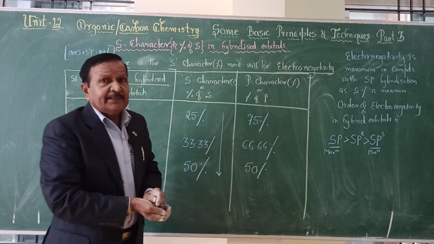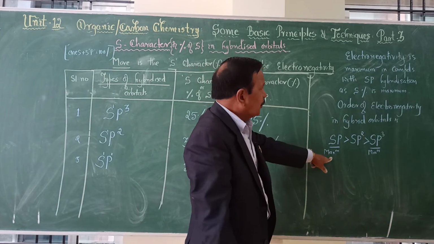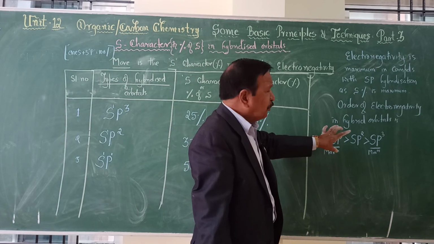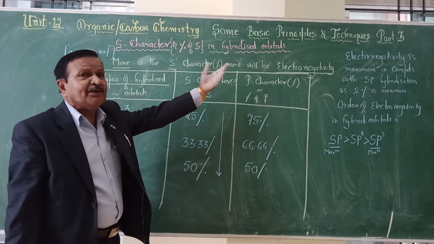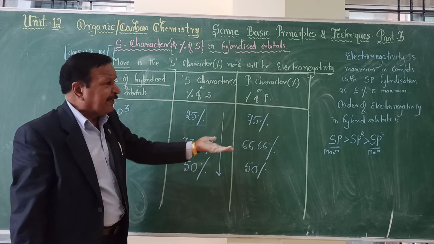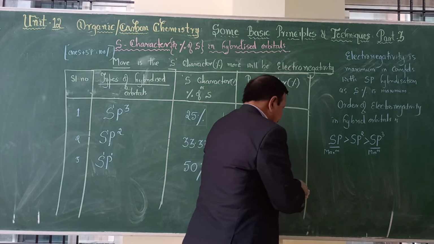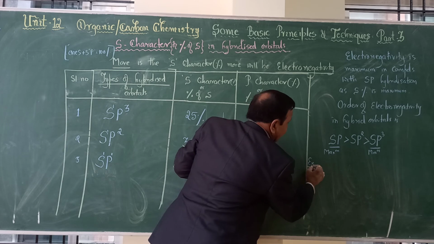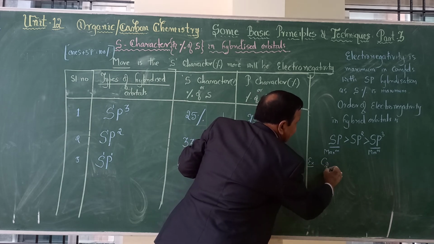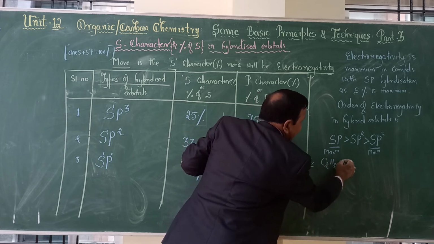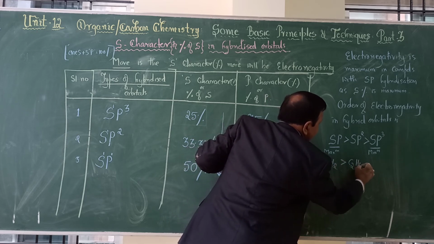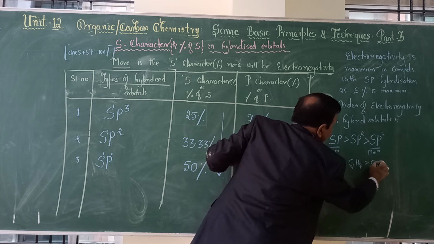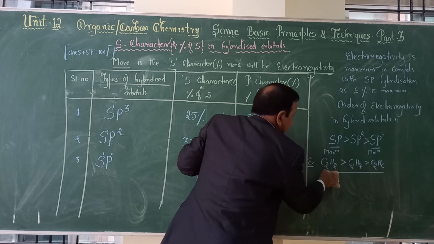Electronegativity means the capacity to attract the electrons towards itself. Okay? Getting electrons on itself and getting negative charge. That is what we call electronegativity. And hence, if you want an example for this, acetylene C2H2 has electronegativity more than ethene, and this is more than ethane.